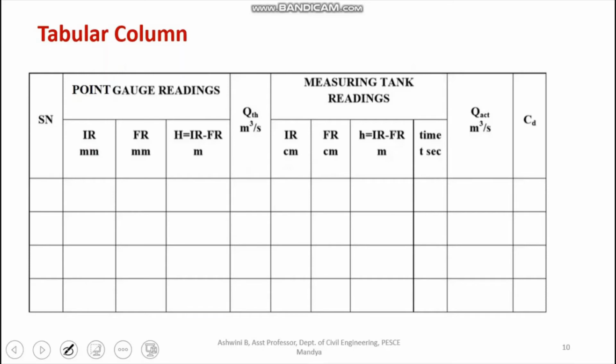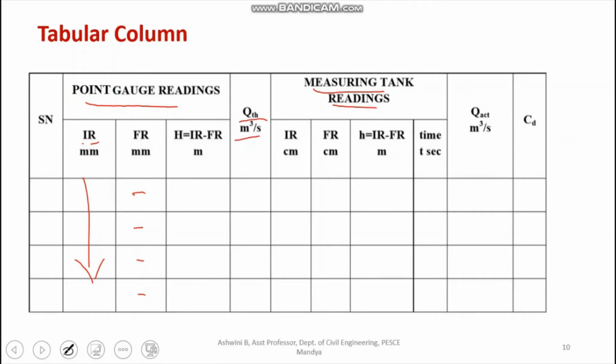This is the tabular column of the experiment. It consists of two parts. One is the point gauge reading and another is the measuring tank reading. In the point gauge reading, you have to note down the initial reading. This remains the same throughout the experiment and only the final reading changes,